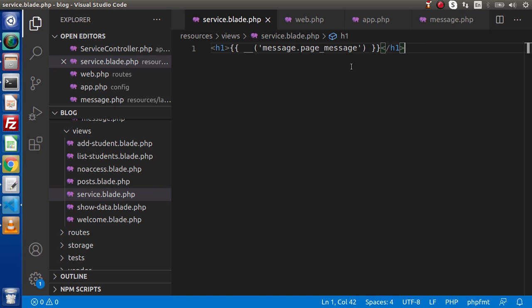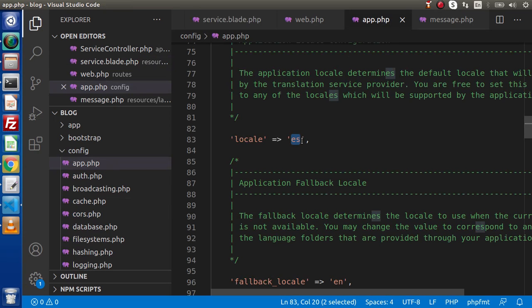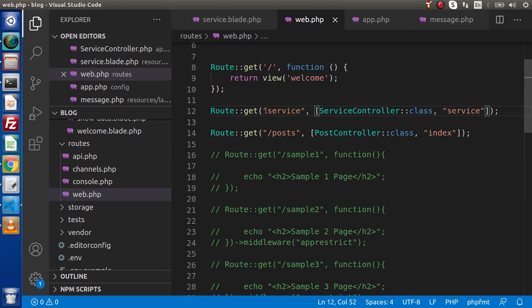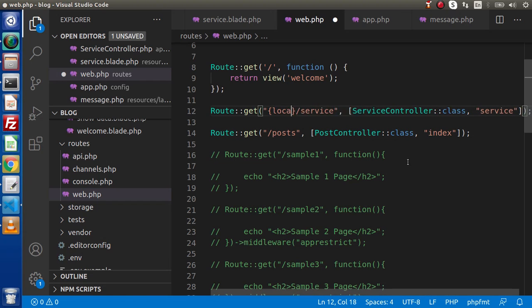So let's say that we want to set dynamically this default locale of application. So to set dynamic locale, what we will do, back to web.php, let's say we have here service. Before service we are going to pass our locale. So let's say locale,